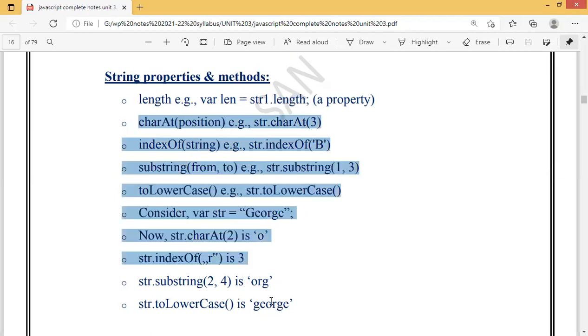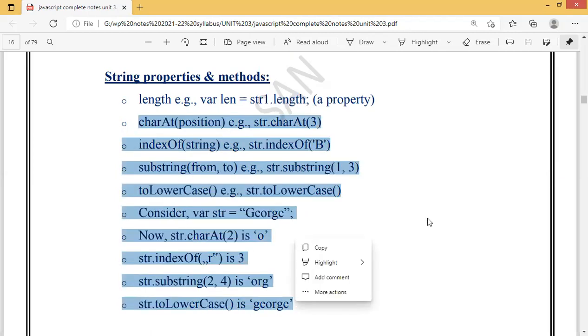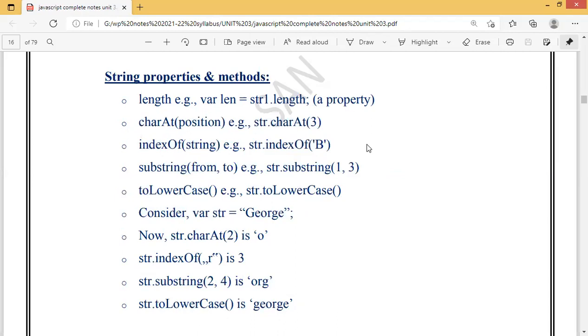All these are the different methods, and length is a property. Now see here, charAt position. Suppose I take a text here, for example, George.